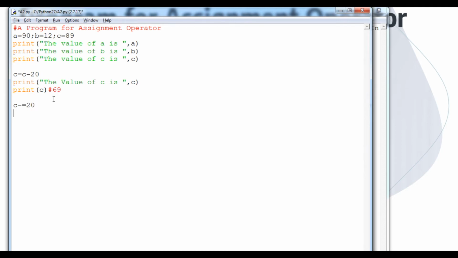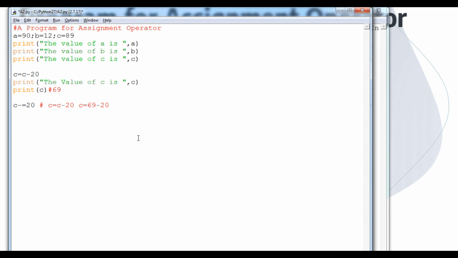It is a short form of that, which means the same thing: C equals C minus 20. That means C equals 69 minus 20, that is 69 subtracted by 20, and whatever the result is will be stored to C.